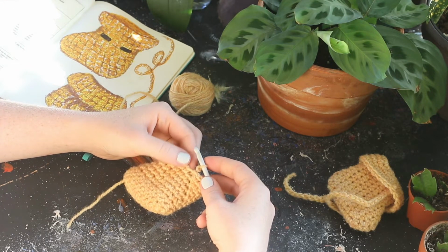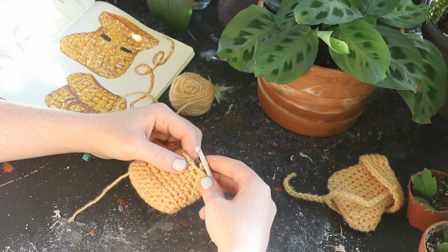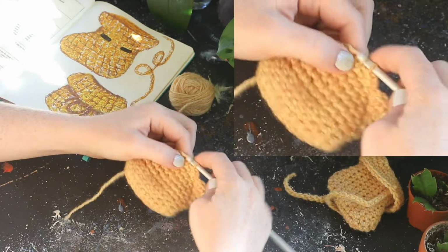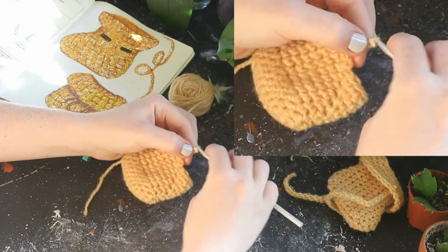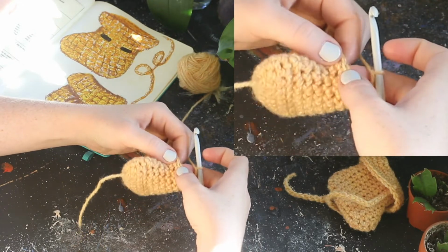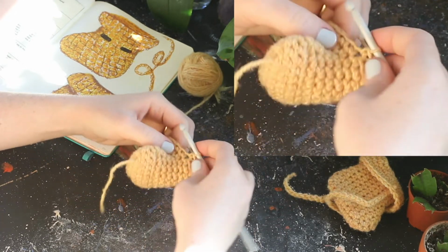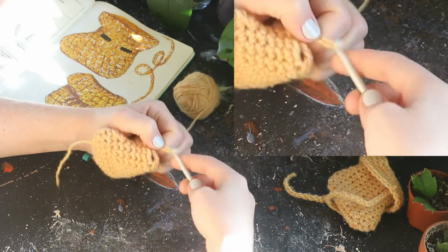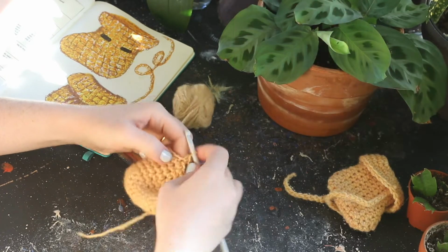The next row is going to be, pay attention. So we're going to single crochet into the first 2 stitches. 1 and 2. And then we're going to chain 2, and we're going to skip the next 2 stitches, 1, 2. And then we're going to single crochet into the next 2 stitches. It's an easy pattern, it just sounds complicated. Single crochet in the next 2, and then chain 2, and skip 2. And then single crochet into the next 2,